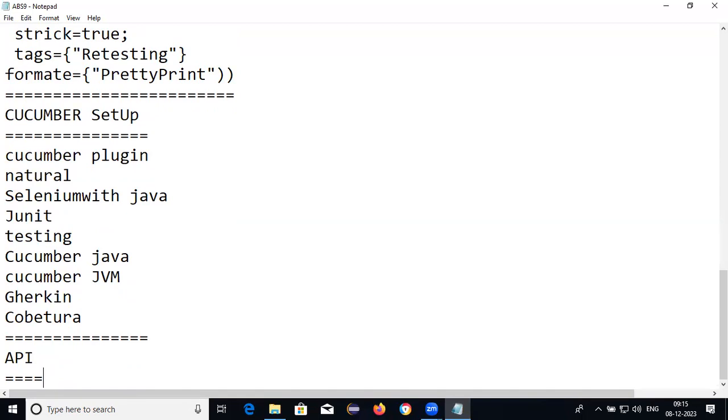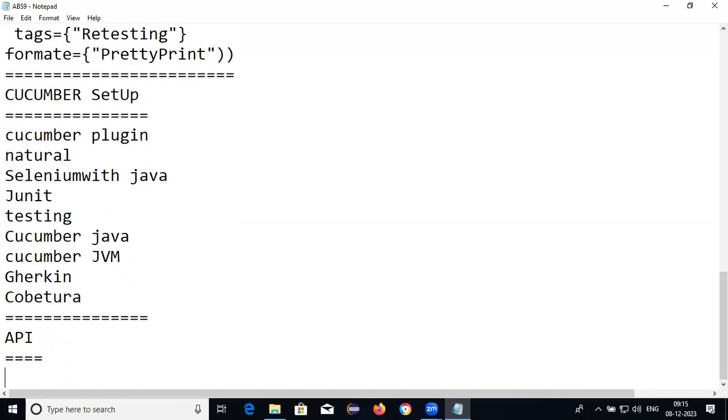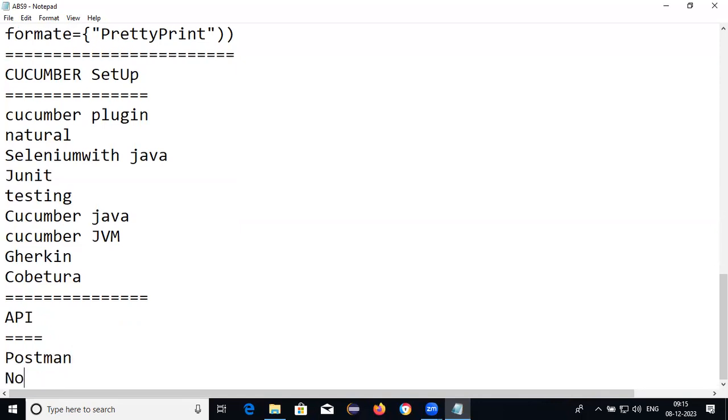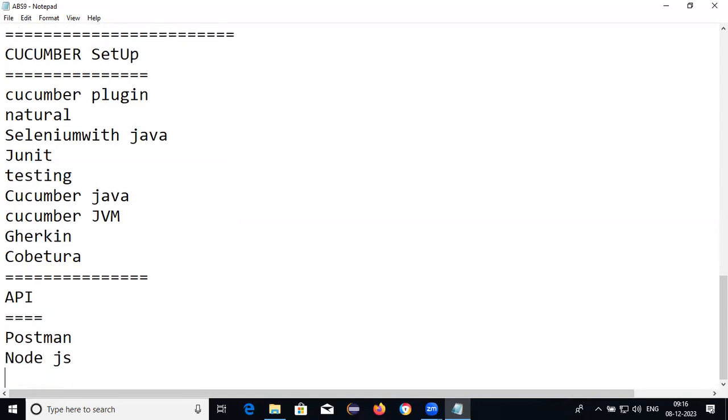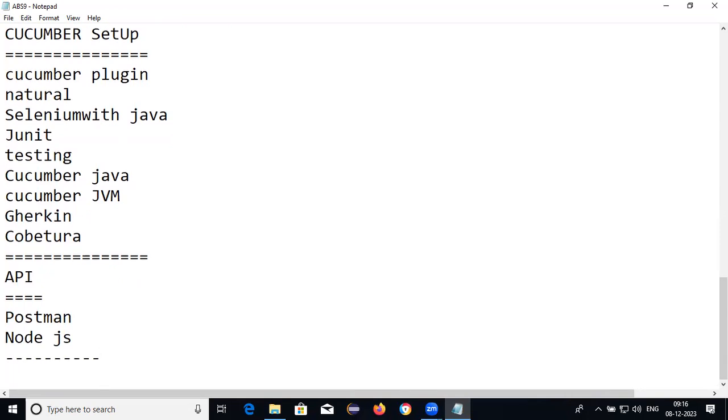If you want to do API testing, we need Postman and Node.js. See, I already installed Node.js. Once you install Postman and Node.js, we need to validate in the command prompt whether Node is installed or not.